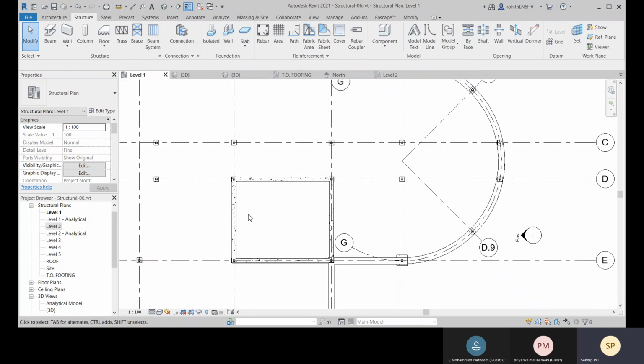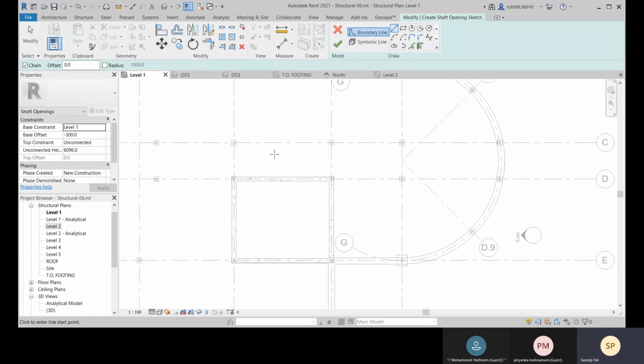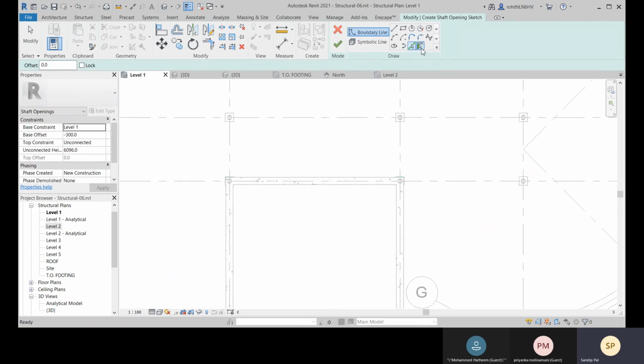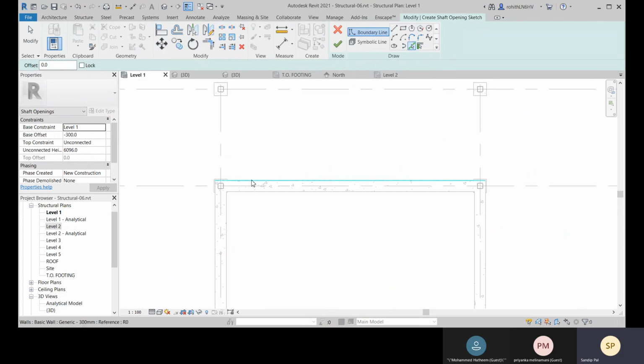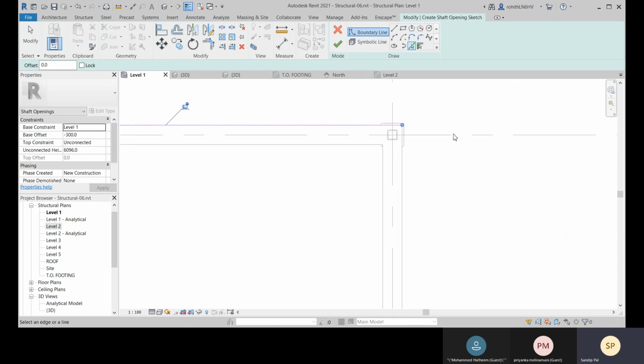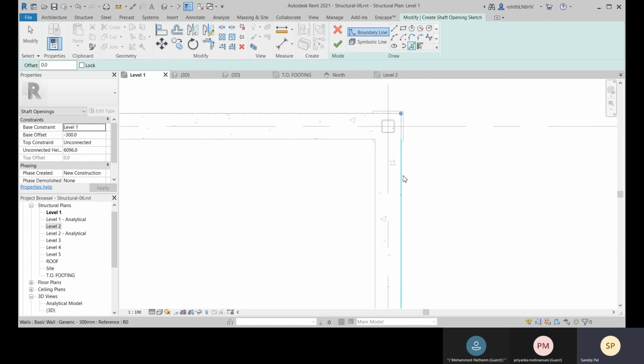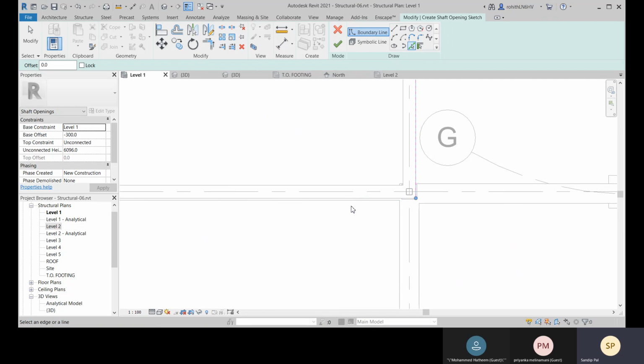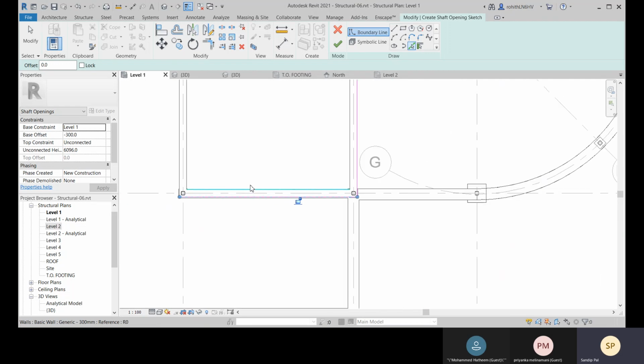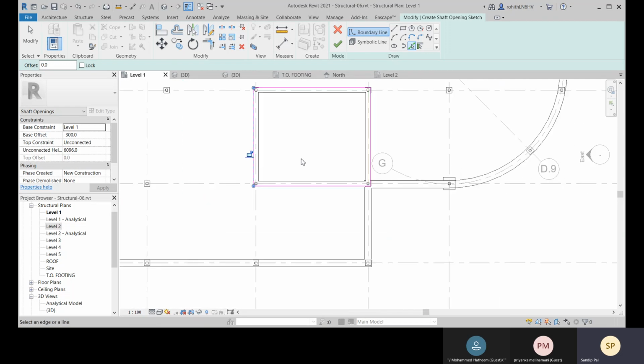Here at level 1 you can place it. So let's go for this shaft opening, and here let me go with this pick line option. So let's pick this outer boundary, this one, this one, and this one.